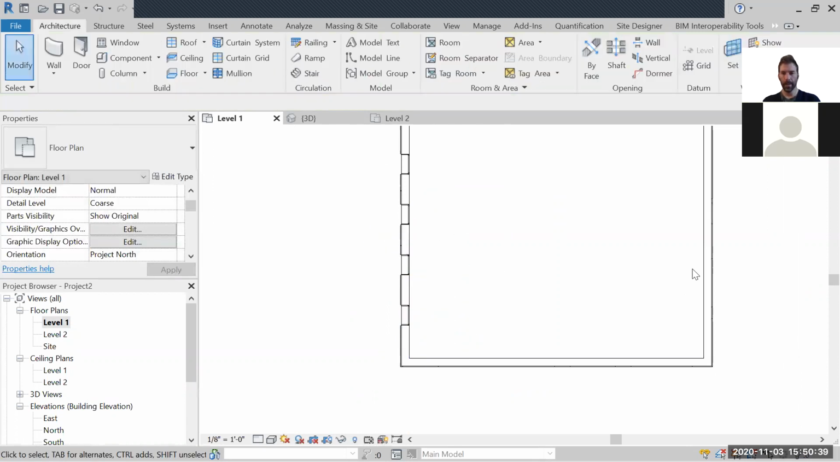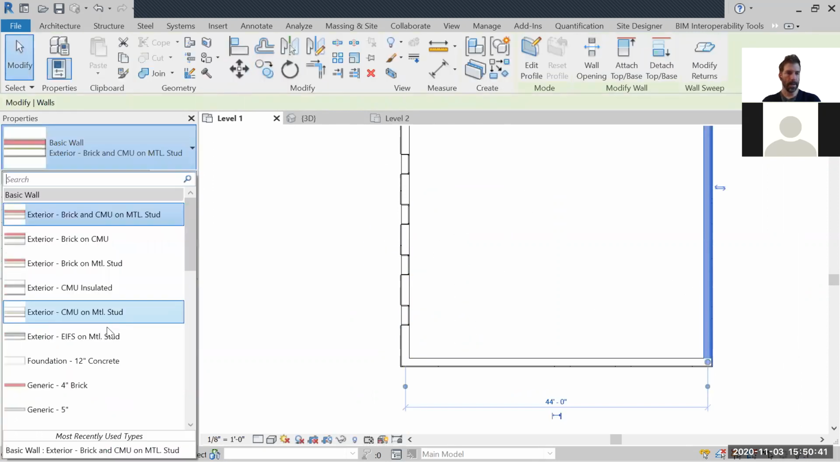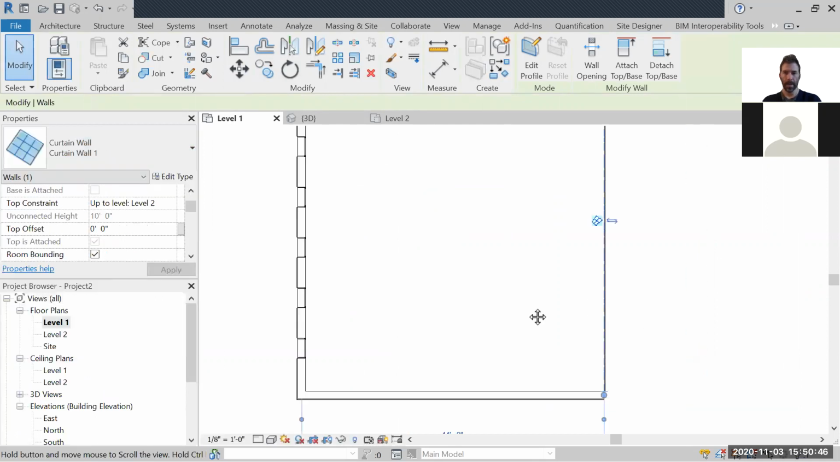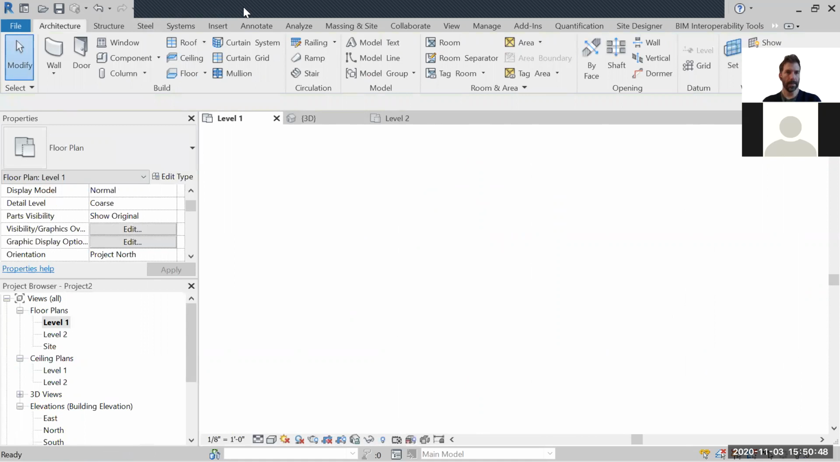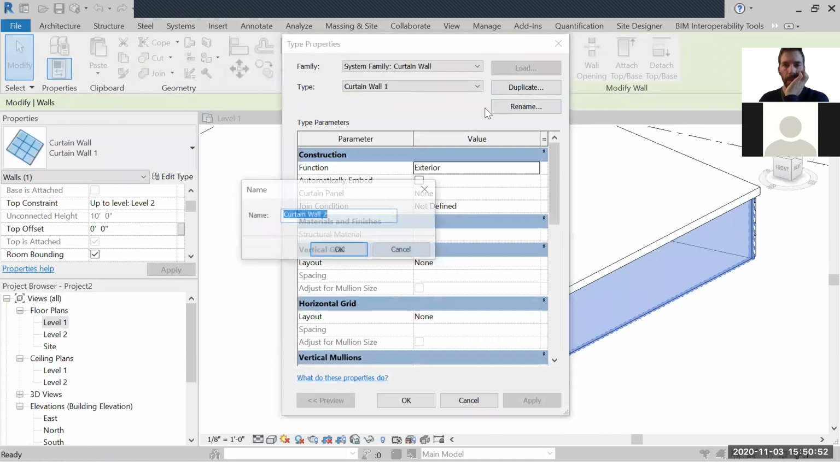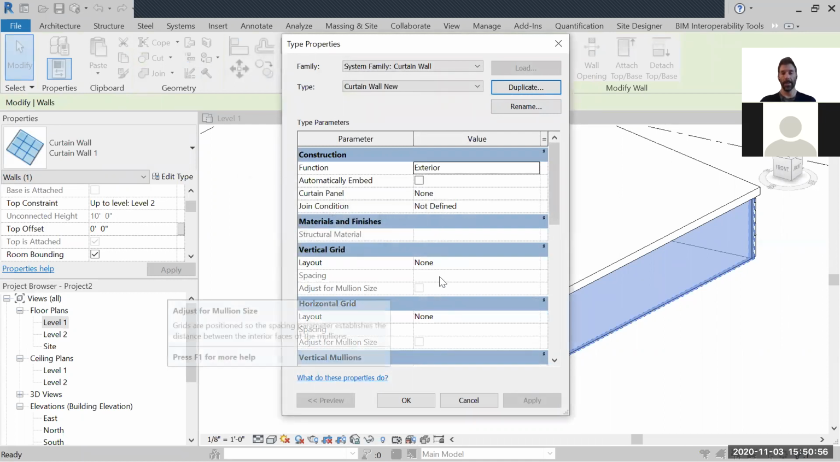Okay, I'm going to make one of the walls curtain wall. Let's see what kind of curtain wall we have. I'm going to select that, edit type, and I'm going to duplicate that curtain wall. Because remember, every time you edit something, I recommend that you duplicate it first. And I'm going to change under the edit type the types of vertical grid and horizontal grid,